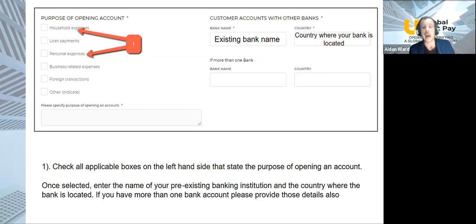All right. And then once you've done all of that, you just have to enter in your bank name and the country of your bank where you will be transferring funds into your Global Unit Pay. Okay, so of course, if you do have more than one bank, then provide in the space also below the bank name and also the country as well,